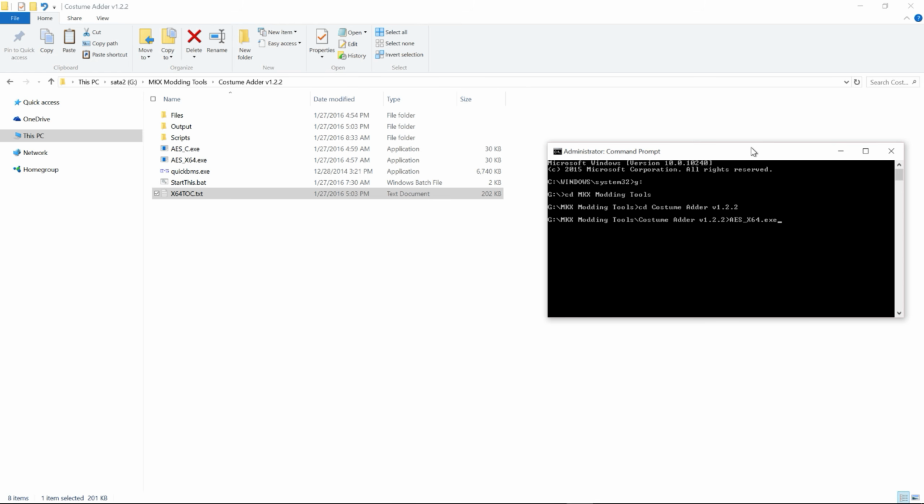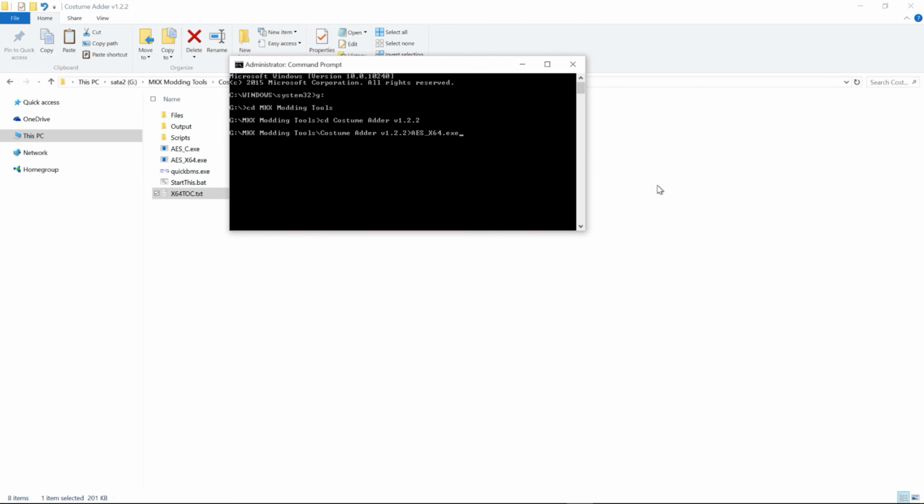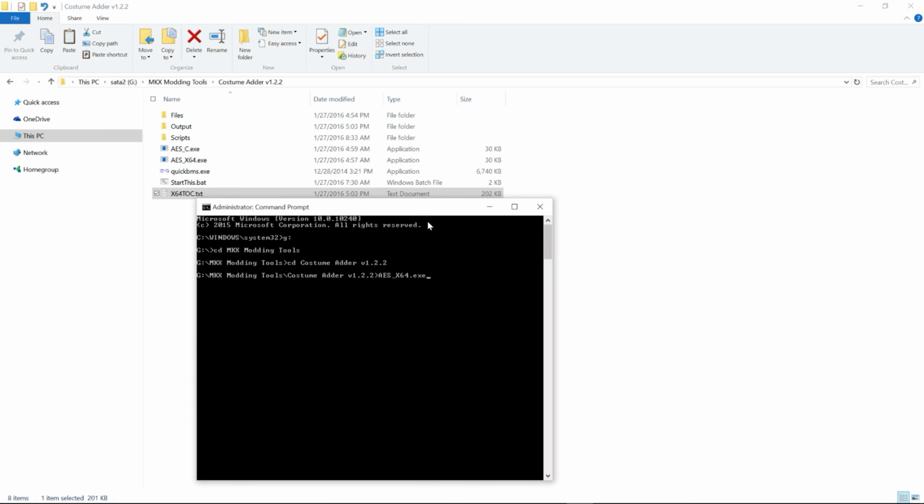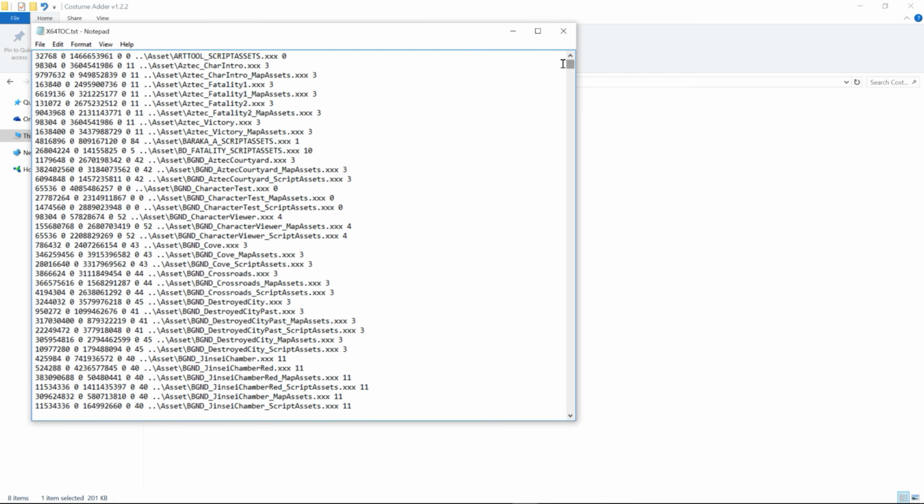Let me bring this over here so you guys can see it clearly. D for decrypt. Now when you open this up, scroll all the way to the bottom, this is where the costume matter appends